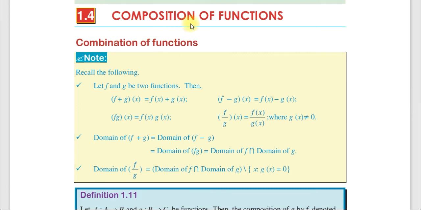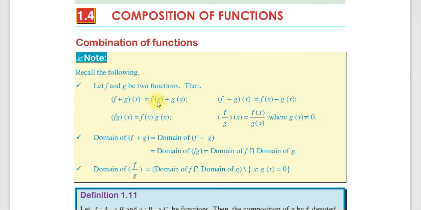ሌላው ቶፒካችን ደግሞ composition of functions ነው composition of function ምን ማለት ነው እዚህ ጋር እንግዲህ composition of function እንደሚመስል ተቀምጧል በማስተዋሻ ፎርም ማለት ነው እንግዲህ ከዚህ ቀደም ተምራችሁታል recall the following አስታውሱ ነው የሚለን because ከዚህ ቀደም እንደተማርነው ነው የሚያመላክተው recall አለን ማለት let f and g be two functions then f plus